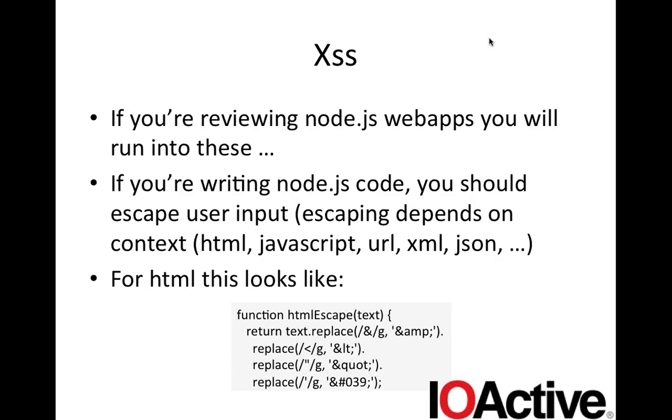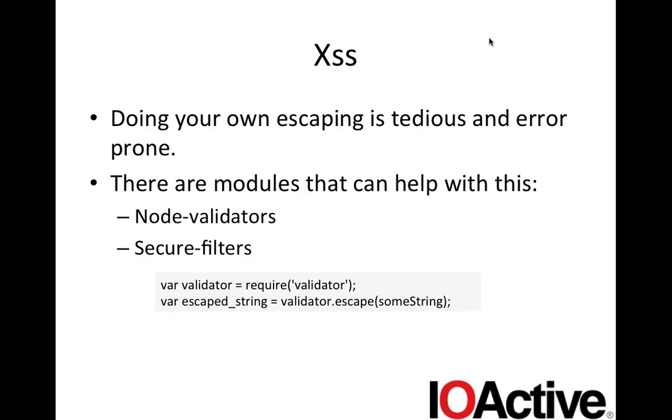If you start looking at node.js applications, one of the things you will find is cross-site scripting bugs. You'll see reflected, you'll see stored. Both of them can occur, and I see both of them happen. Node.js has no magic APIs to get rid of cross-site scripting bugs. They show up in node.js code as well. So what does that look like? If you take the simple example that I showed earlier, and you say, this is the response, this is the response message, and you take data that comes from the request and you don't HTML encode it, sure enough, you get cross-site scripting bugs, right? No big surprise here.